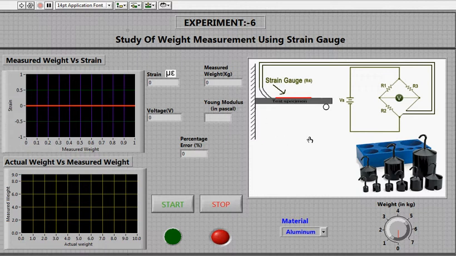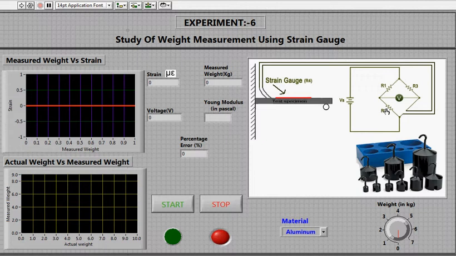And this is the setup of the experiment, that is, the test specimen on which the strain gauge is attached. As the weight is applied at this hook, that test specimen will bend, and due to the bending there will be a change in the strain gauge, that is, it will also bend, thus it will experience stress, and due to that stress there will be a change in resistance, and that strain gauge is connected to the Wheatstone bridge.